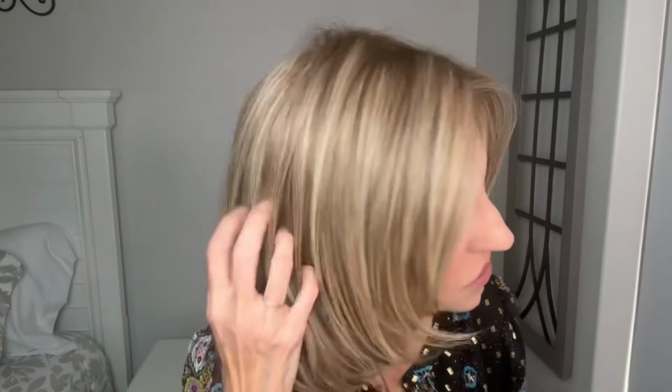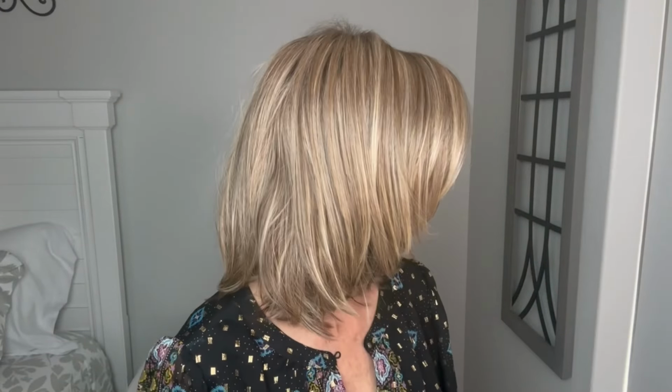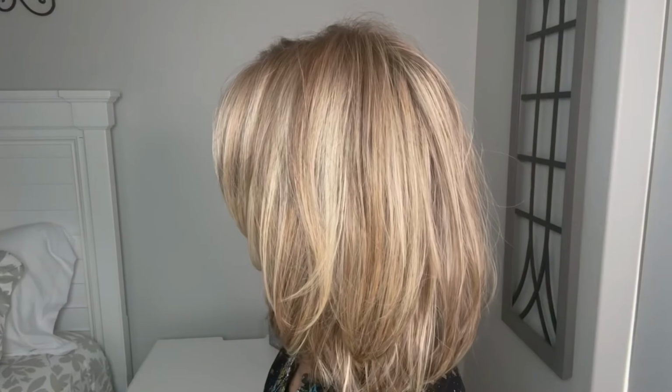So, as I also have a note here, close to Shaded Cappuccino, which I already told you. So really pretty. I love that you can see those bright highlights, but that they're not too chunky. They just look like really nicely highlighted hair. I love that this is a lighter brunette, it's got a brunette root, and I think they actually consider it to be a blonde, but it's a 6 base with a 12 and a 22 going through it. So I consider it to be like a medium brown that's lightened with all of these highlights,